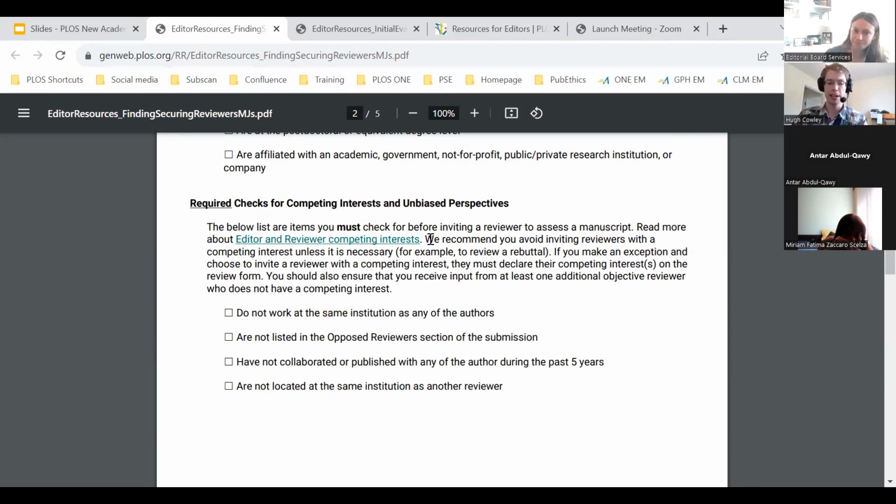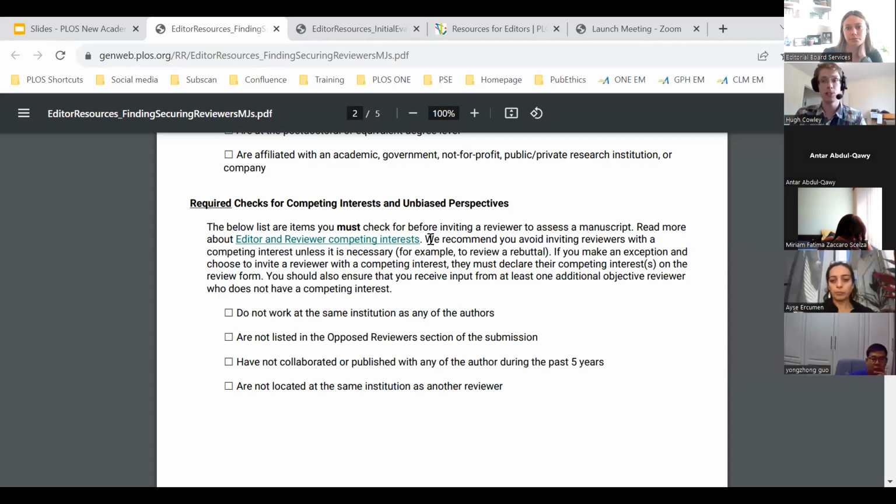We ask that, and reviewers are given the same request, that any potentially perceived competing interest is declared. And if you are aware of any such perceived competing interest, then not to invite the reviewer, or if the reviewer states a competing interest, to take that into account when making a decision. And you may then wish to seek additional reviewers if that comes to light.